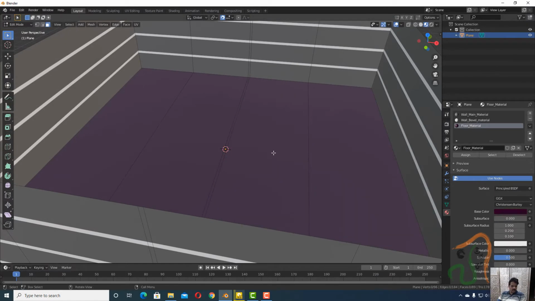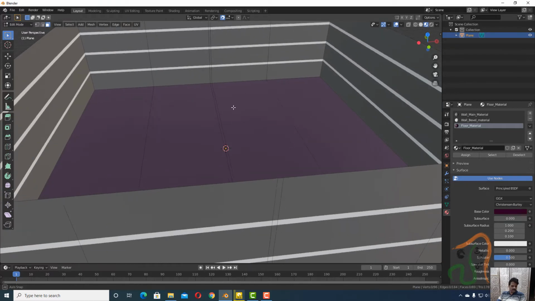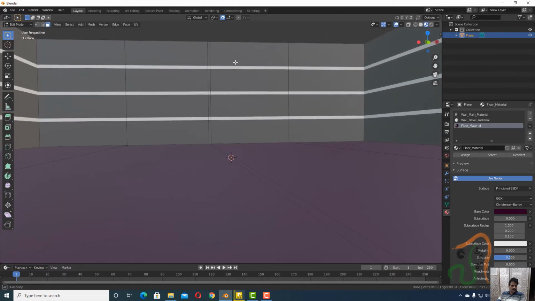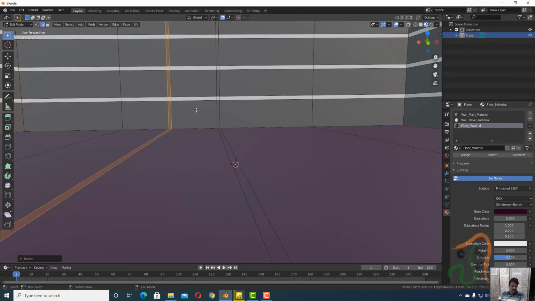Press Alt A to deselect everything, and let us now create a door here. So just zoom here and come to this area. Let us create a door in this area. So now press Ctrl R and add one edge loop here and click twice to apply that edge loop, and then press Ctrl B to bevel it slightly so that it creates a difference between the two doors. Okay, so let us add a slight bevel here. So after we add the bevel, okay, this is fine.